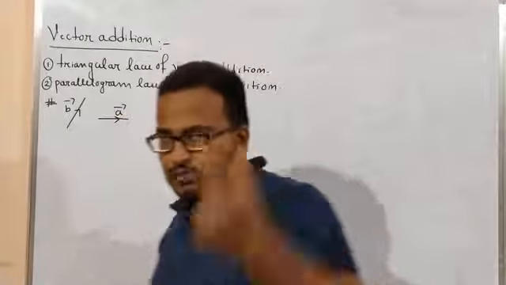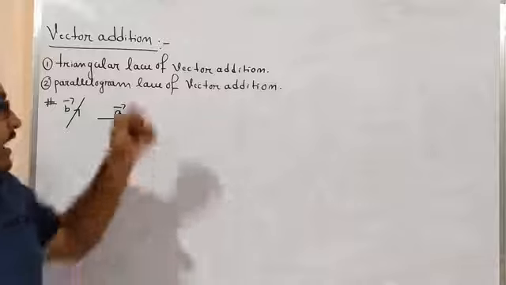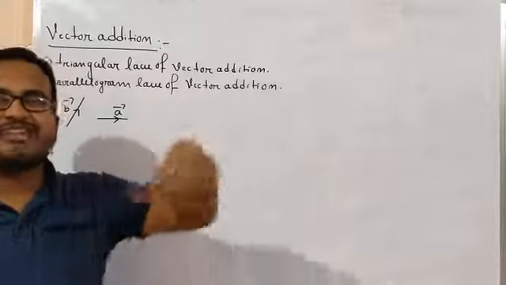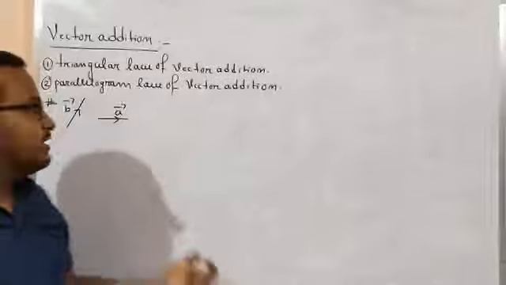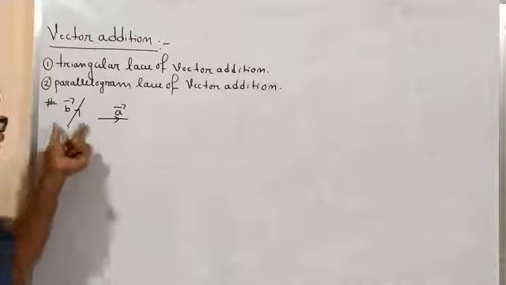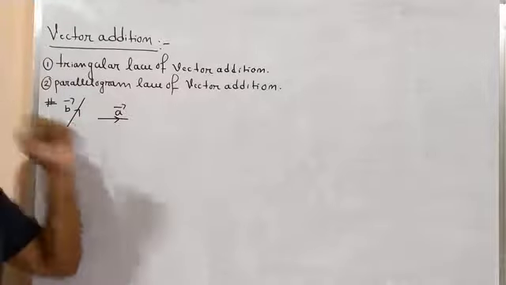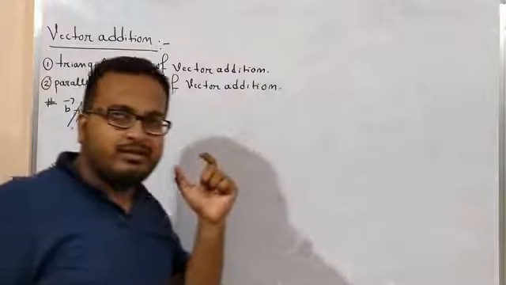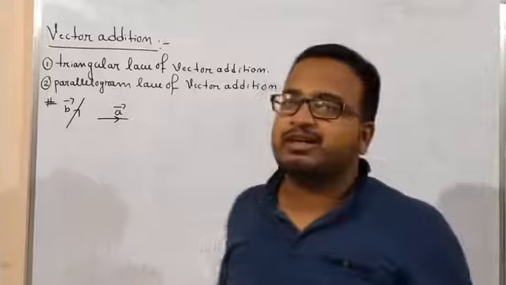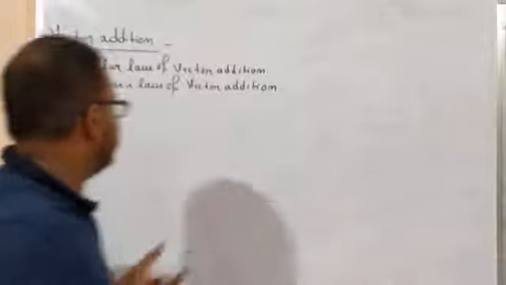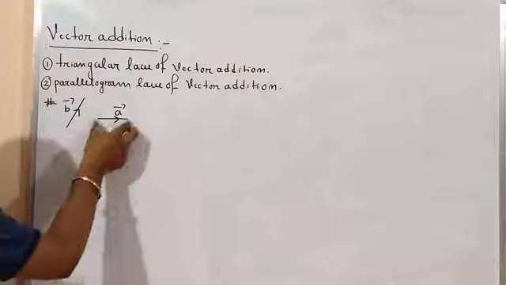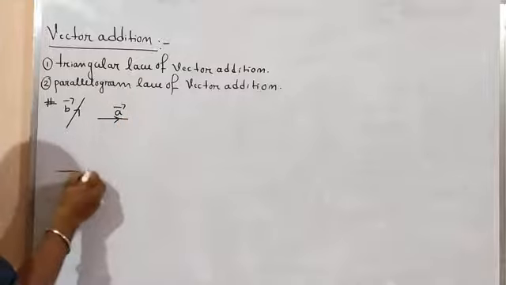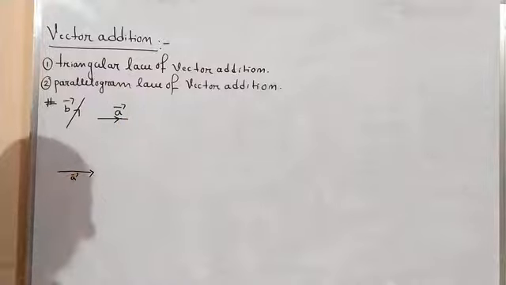Before that, the triangle law says if two vectors represent the adjacent sides of a triangle. So first of all, we have to make these two vectors the adjacent sides of a triangle. So how to make it? We can apply the concept of free vector in this case. So how to apply this? You see, this is my vector, so I can keep this vector in this position. This is my A vector now.